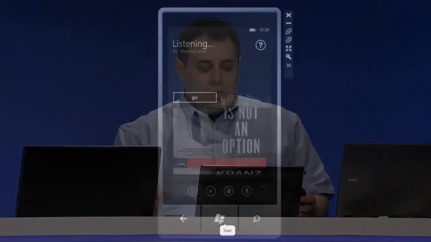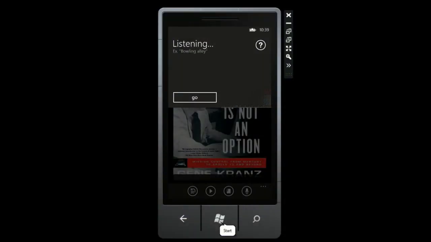Audible, play Game of Thrones. Searching for St. Louis, Missouri. I'll try that again. Audible,